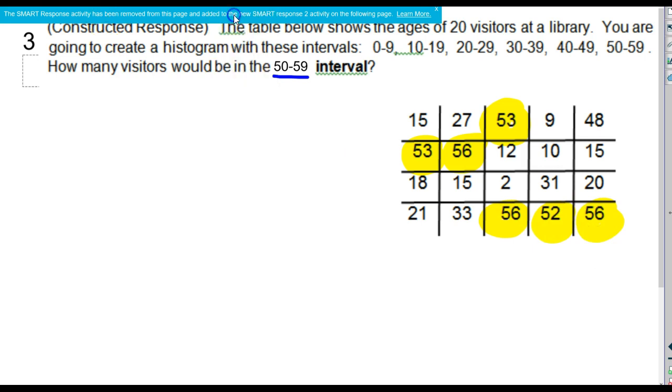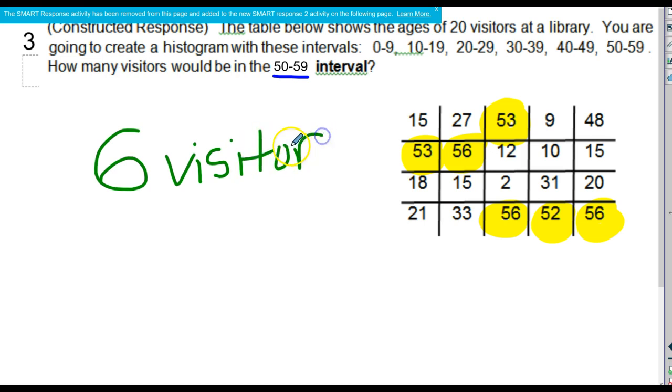So now that I've found all of them, what I would encourage you to do for today's focus quiz is to make sure that you're correct. So just double check. Have I made sure that I've circled all the ones between 50 and 59? If I missed one, or I left one out, that would cause my answer to be wrong. Once I've double checked that, now count up the number that you've circled. So that's 1, 2, 3, 4, 5, 6. That means my final answer here is 6 visitors,